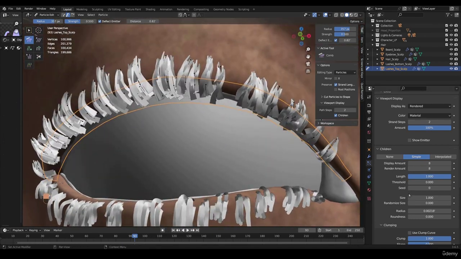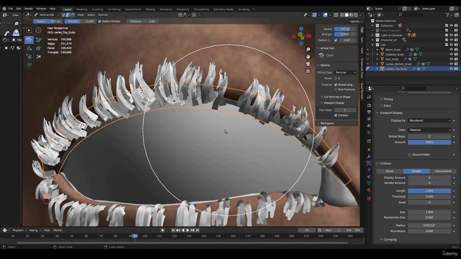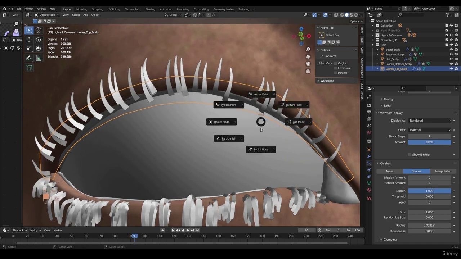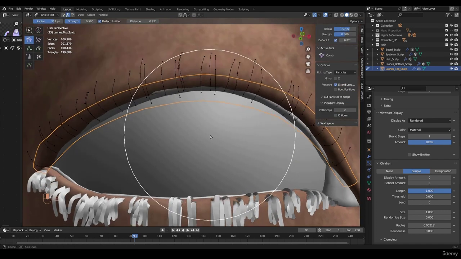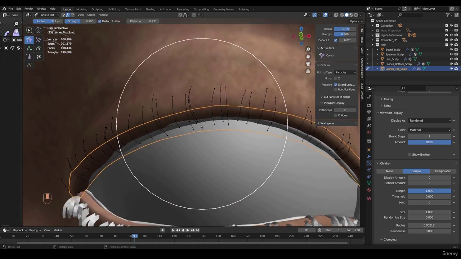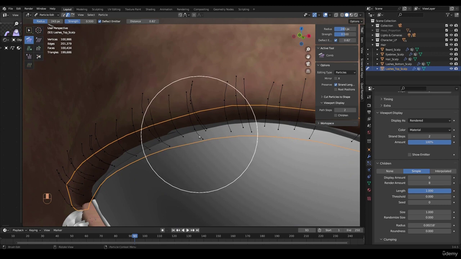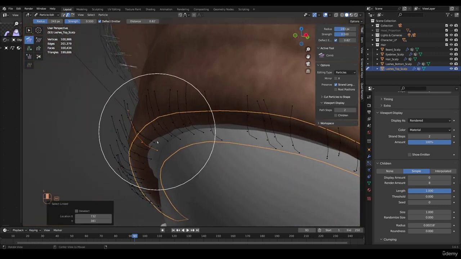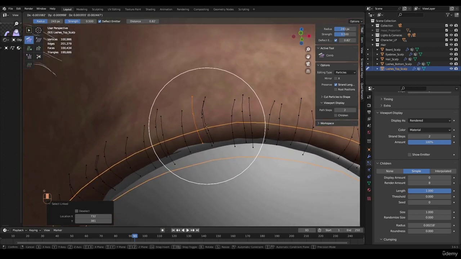probably a faster way to do this is I'm gonna hide my display amount. Okay, go to particle edit. I'm gonna hide the children. There you go. This way it's easier to see. And what we could also do is select the ones that are not on the surface. You see how some of these are kind of floating? You could select that and press G to just lift it up,